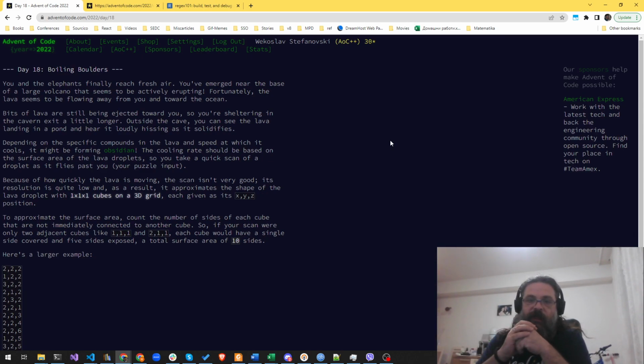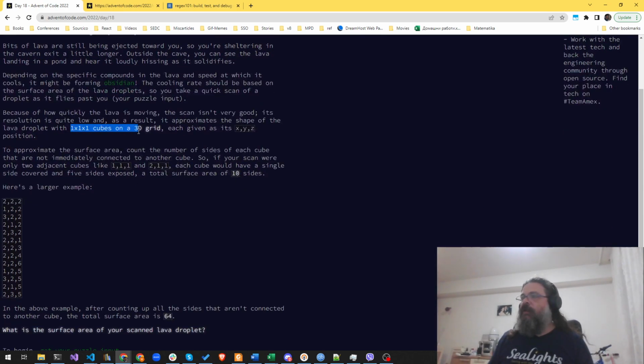So we solved the elephant that we actually met in task 16. We brought them to fresh air, and now something is falling out of the volcano, and we are scanning it with some kind of a weird device, and it gives us 3D coordinates. And we are given 3D coordinates of the droplets, and we need to see if they were cubes, how many